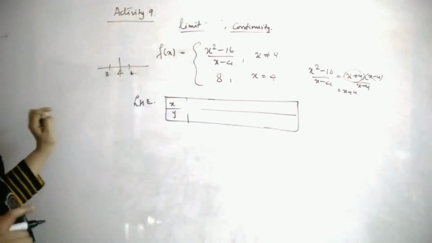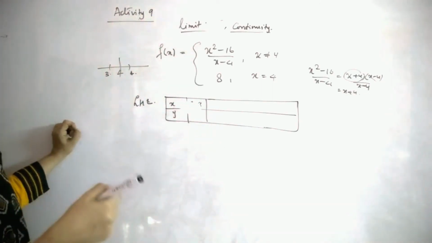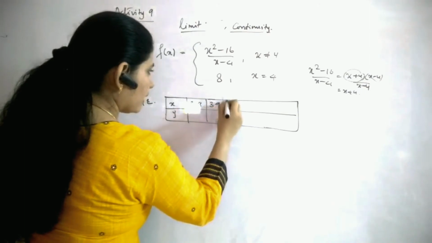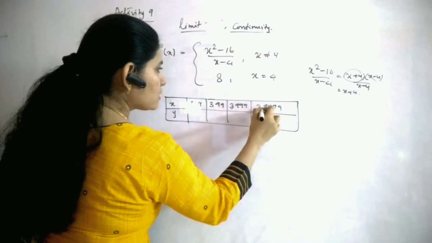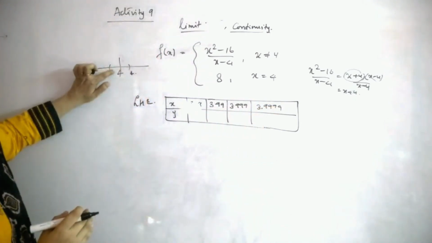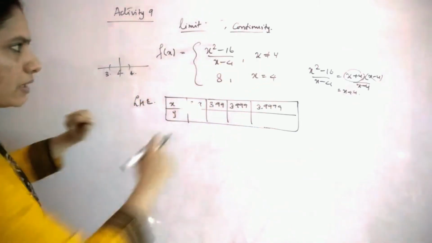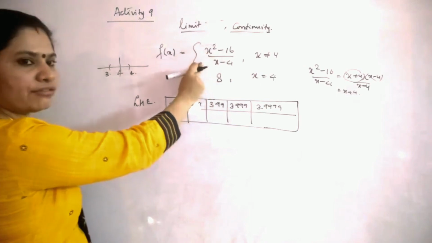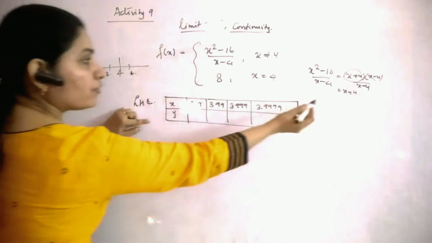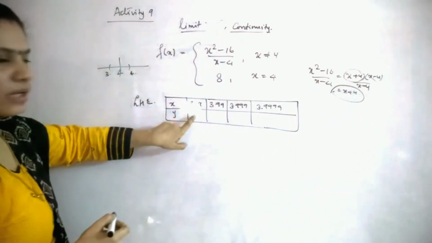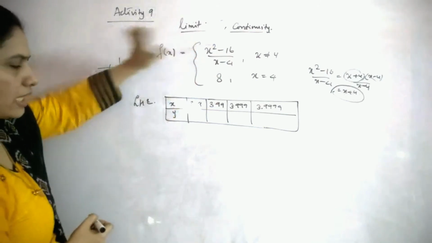So the values they are taking are 3.9, 3.99, 3.999, 3.9999. So x is coming closer and closer to 4 from the left side of 4. Because x is not equal to 4, for both left and right you have to take the same function, not the value at the point. Now if you use the reduced form, you can just add 4 and get the value of y. Doing it directly is a difficult process, right? For that you can use a calculator.